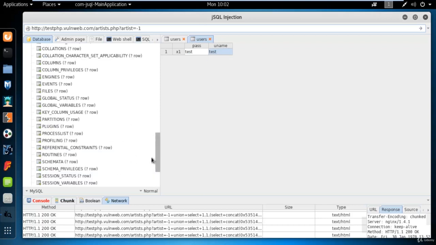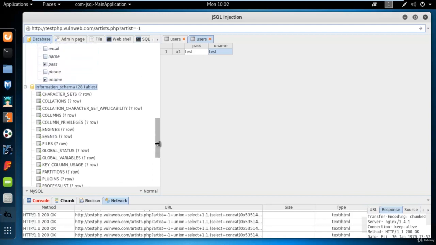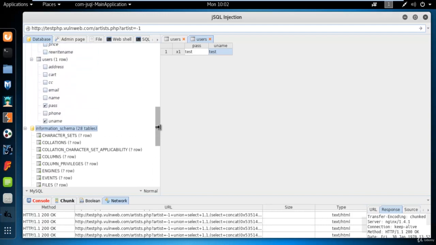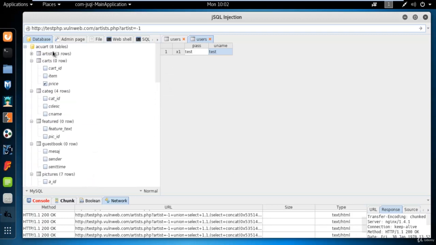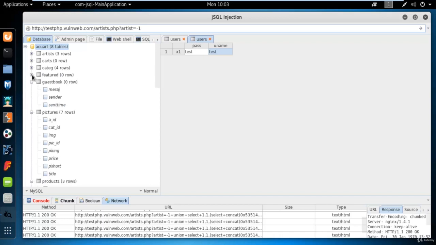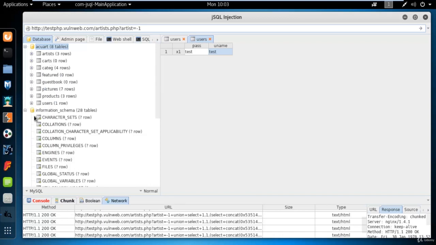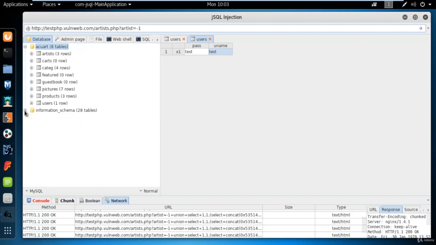Information schema also contains data, but basically it is the default database inside the database. That's why we are not able to use that. So this is the database name, AccuArt. These all are the tables inside it, right? Actually there are 8 tables inside it, and inside 8 tables you need to guess which table is useful for you.